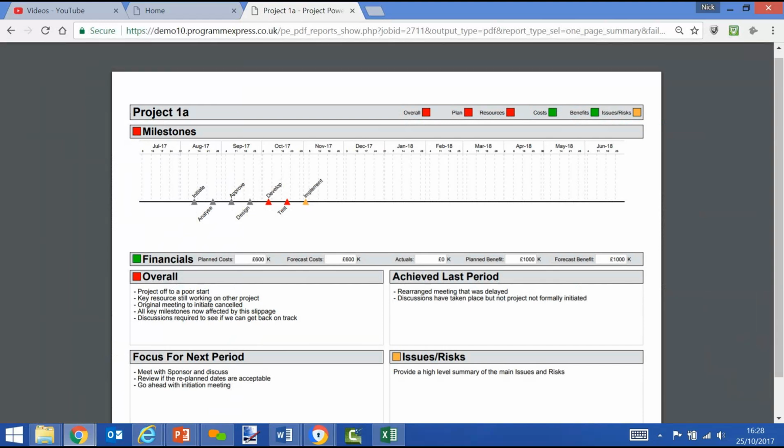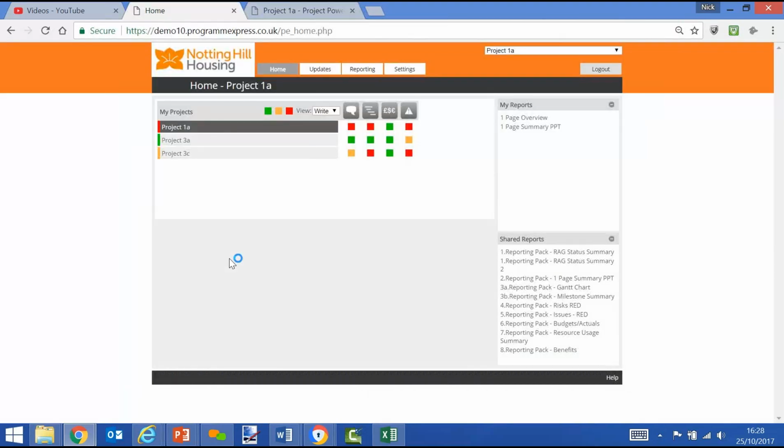Now remember, you could run that at program or portfolio level and run for every single project. This is just the project manager's view and what they're interested in. So very simple experience for the project manager. And then if we log back on as the administrator,